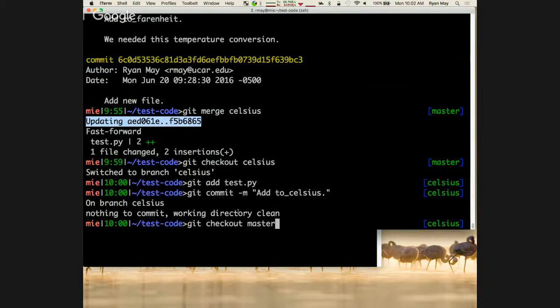Now, occasionally you'll get merge conflicts. Some different ones, you can check out. You can just git checkout Celsius. Oh, you modified hello.